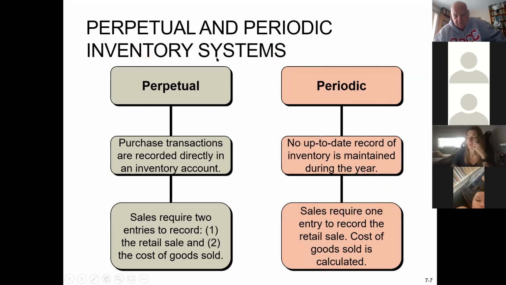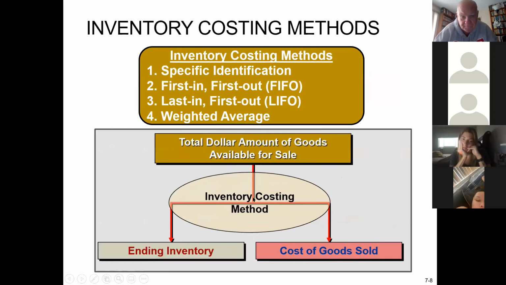We are working right now with what's called a periodic inventory system, meaning we must take a physical count. We actually have to count our inventory every month because we don't have a perpetual. A perpetual means we are recording both the sale and the cost of goods sold at the same time. We're not doing that yet in this chapter. So we have to record the sales with one entry, and the cost of goods sold gets calculated later, using that little formula we just saw. So let's take it from there.